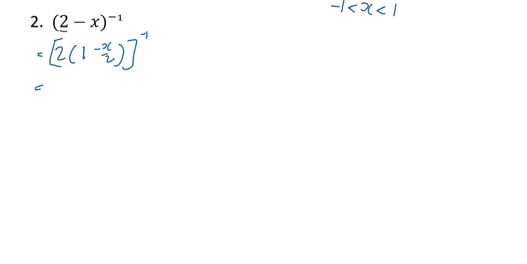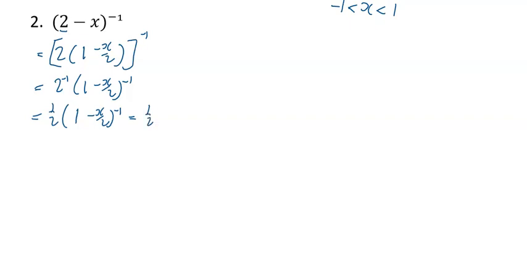So that really is 2 to the power of minus 1, and then 1 minus x over 2 to the power of minus 1. And I'll just do one more line before I get started expanding. That 2 to the power of minus 1 is a half, so it's a half times 1 minus x over 2 to the power of minus 1. Okay, if we expand that,